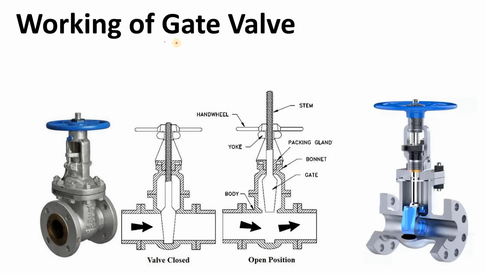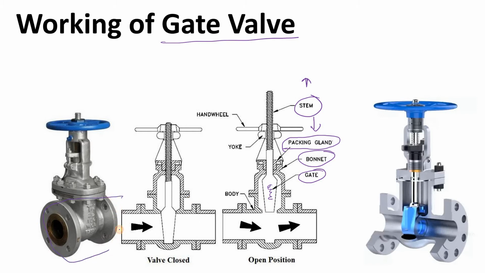So, working of the gate valve. Here simply you can see, as in the last video as well, we discussed the parts of the valve. The same here: there is a stem which will go upward and downward, and because of the movement of this stem, this valve will work. There is a packing gland which is used to avoid leakage, the bonnet, and this is the gate. This one is a gate and this one is a body.